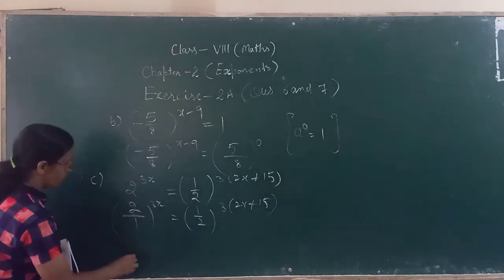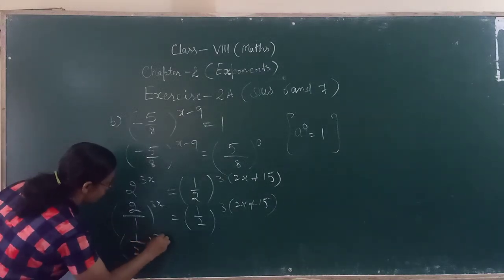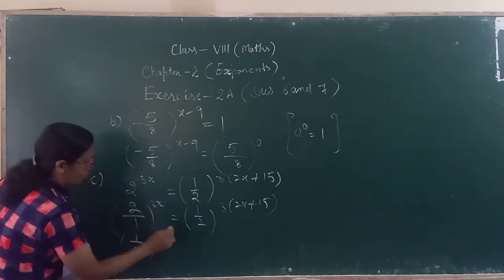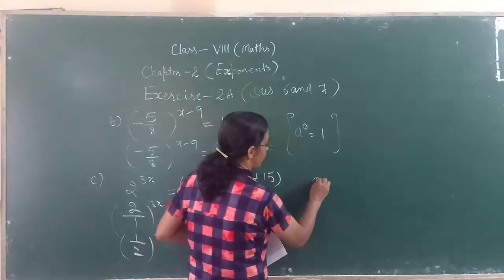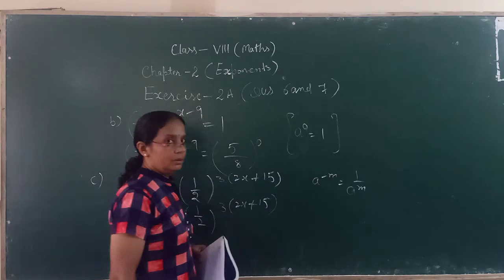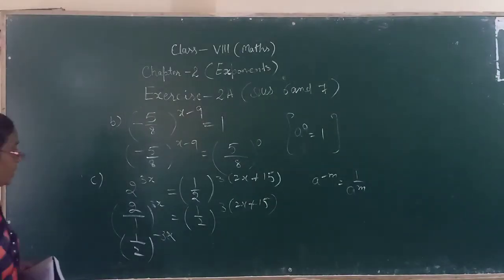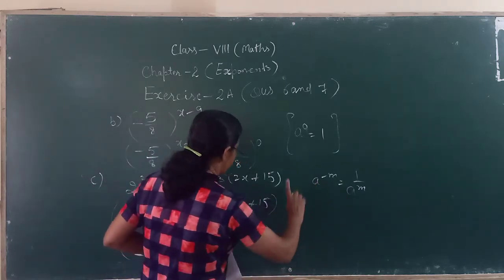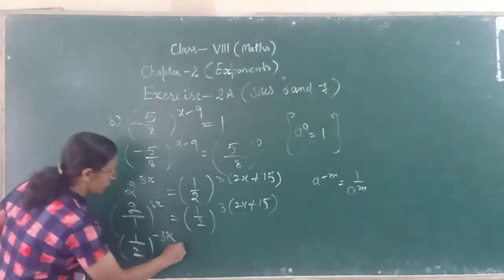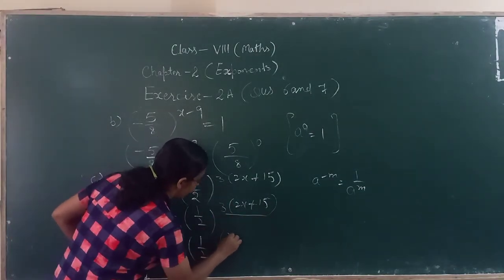Now, what can we do in this? We can say for this 1/2 raised to power minus 3x, because if we can write a raised to power minus m is equal to 1/a raised to power m, then we can make it negative also. अब ये हमारे पास इस तरह का है, तो we made in this way. That's why this half we will get, no, half raised to power minus 3x और this as it we have to keep. अब इसके आप ब्रैकेट भी खोल सकते हो, that will come.